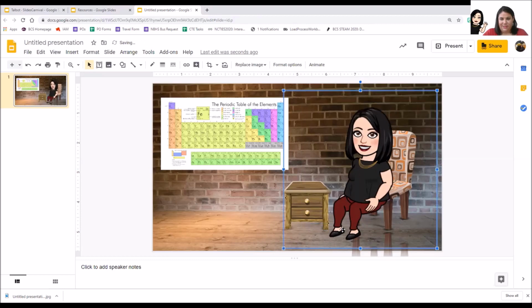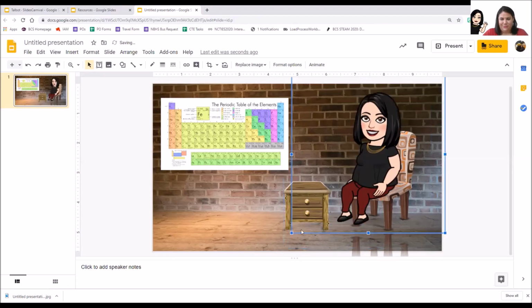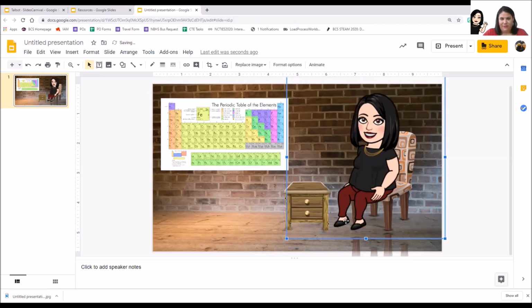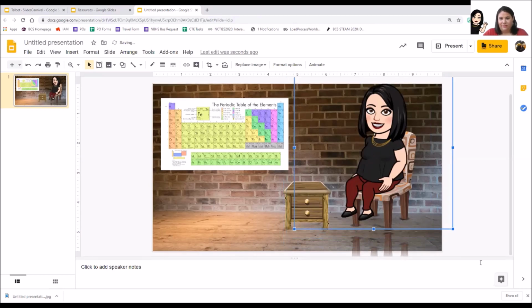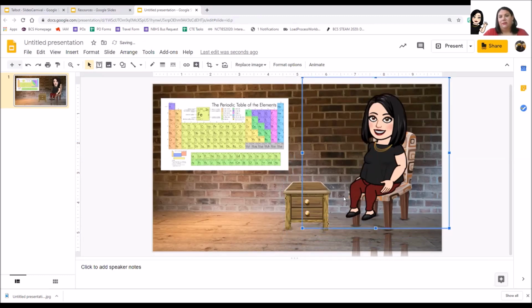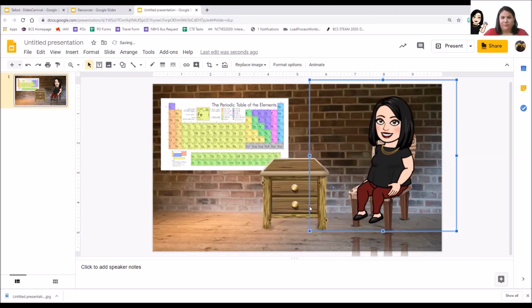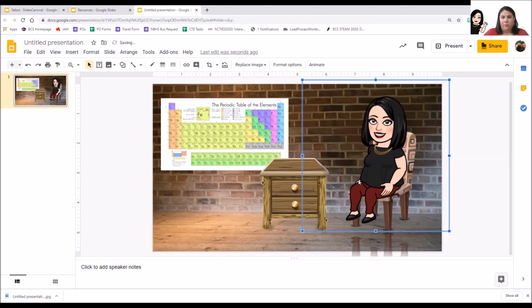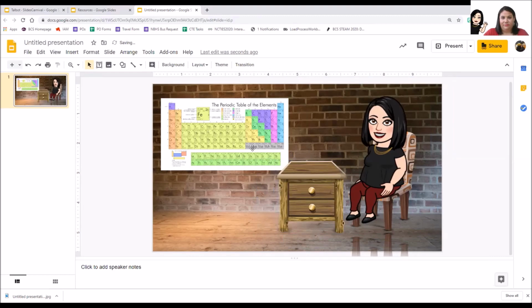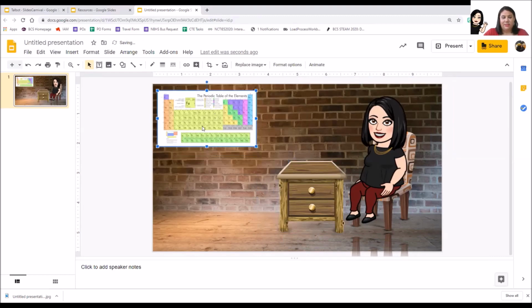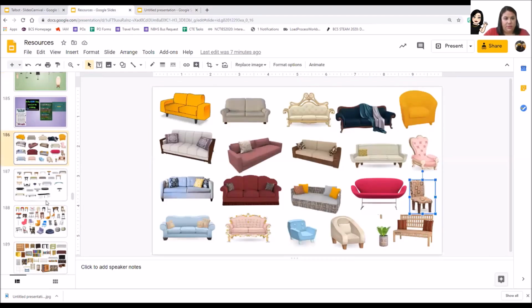Kind of hard too, because sometimes you look like a child because your feet don't quite touch the floor. But now I'm starting to look like, there we go. That kind of looks somewhat normal. I kind of look like a giant. There we go. This little side table is definitely too small compared. Whoa, come back. Periodic table needs to come up here. All right, so now what I'm going to do is I'm actually going to just put